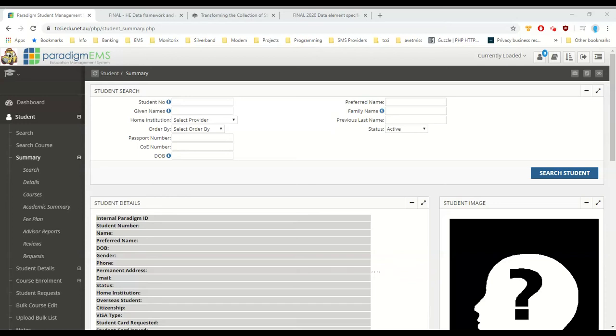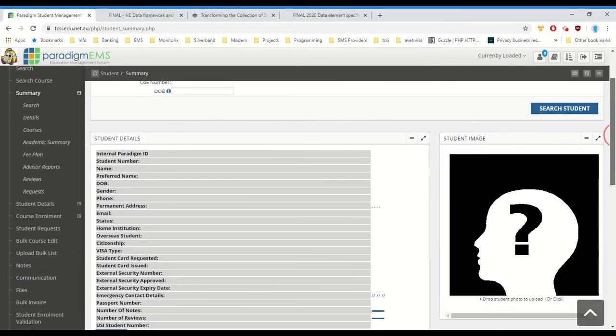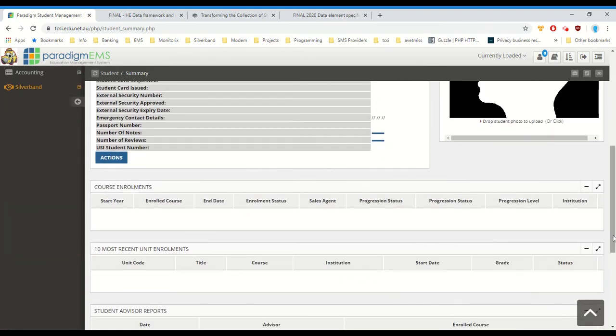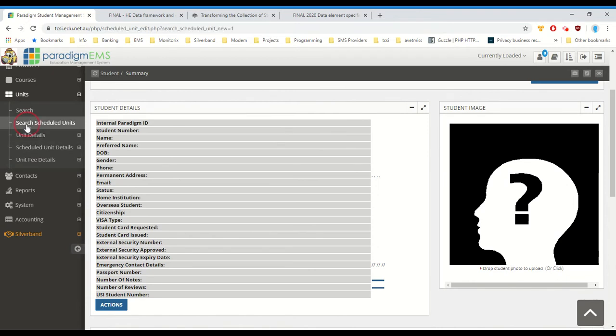So this video is to describe another field that needs to be mapped before you can do TAXI reporting. This time we're looking at element 329. Element 329 has been moved from what was on the course enrollment record to now the scheduled unit record, and it's now using the method of delivery of the scheduled unit. So element 329 has basically been remapped to be more in line with the government standards